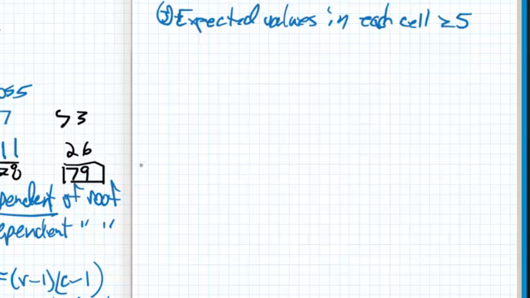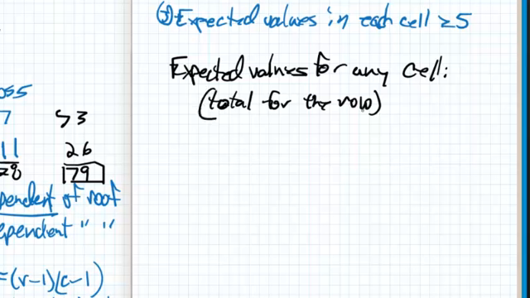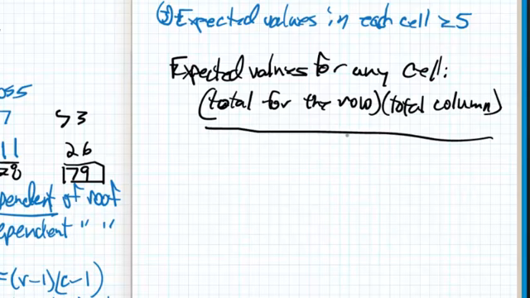That's good. Now you may say, what are these expected values? These are observed values, just the values that go in, just like normal. But where am I going to get my expected values from? The expected value for any cell is simply equal to, you ready? I take the total for the row that cell is in, I take the total for the column that cell is in, and I divide it by the total number. So I'm going to do these over here. For those of you that might remember matrices,